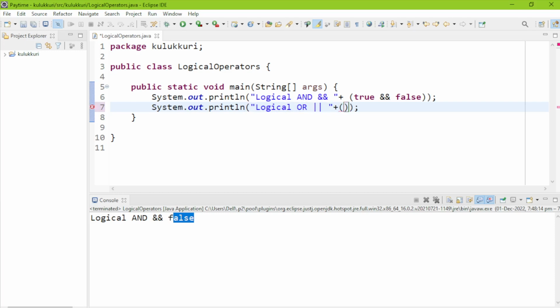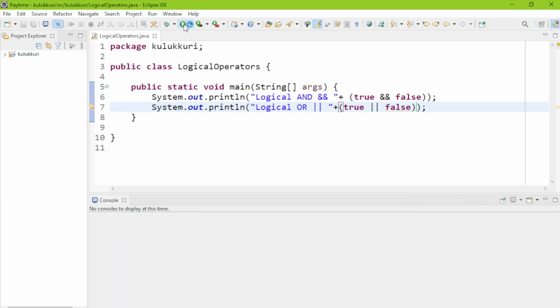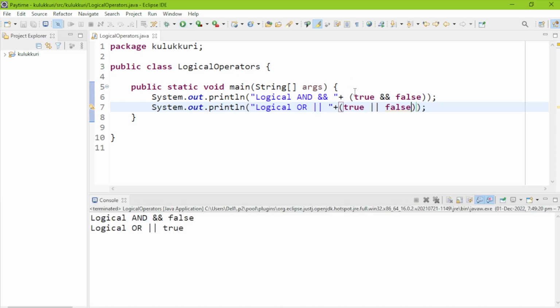So logical OR, we can check true or false. If any one is true, then the logical OR will return the true value. If both the values are false, then only this will return the false value. Both the conditions or values, anything we can take. If any one is true,